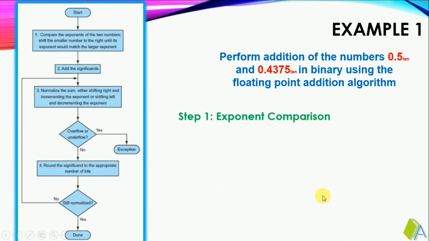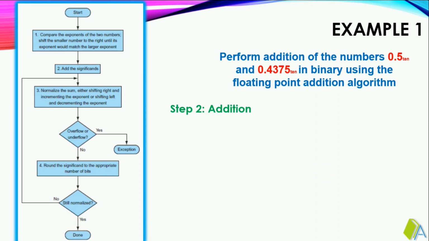The next step is to compare the exponents and match the exponent with respect to the largest exponent floating point number. While comparing, minus 1 is the largest exponent. So I have to make the second number's exponent also minus 1 by shifting the decimal point to the appropriate position. Here I have shifted the decimal point left by one bit so that I can do a plus 1 at the exponent part. Now I have matched both the exponents. Now I can move on to the next step.